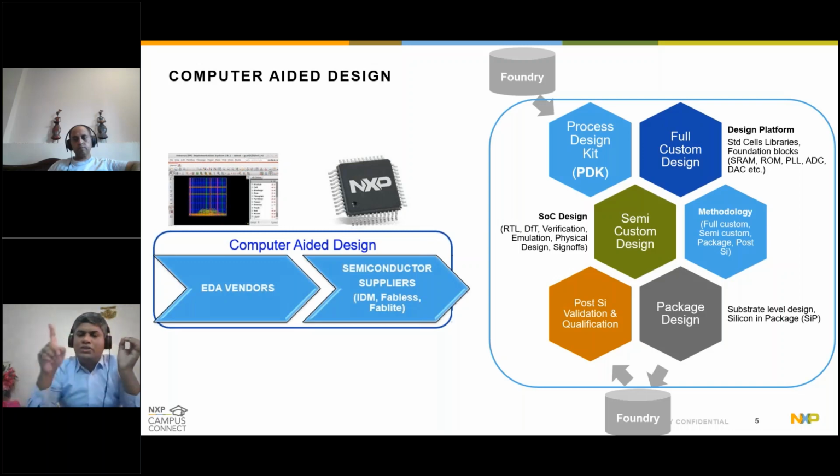Once this part is done, then we send this design to the manufacturing house, which is the foundry again, for the mask set preparation and printing this design on what we call the wafer. Right? So this translation of a CAD design into a silicon design happens in the foundry. Once this manufacturing job happens, the chips come back to a semiconductor house for testing. That means post-silicon testing, which means: have you got the component that you had intended to design, right? And this is where the orange box of post-silicon validation, testing, and qualification plays a very pivotal role.